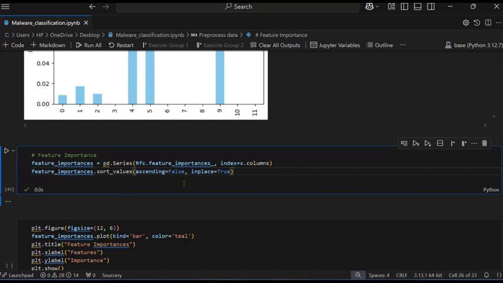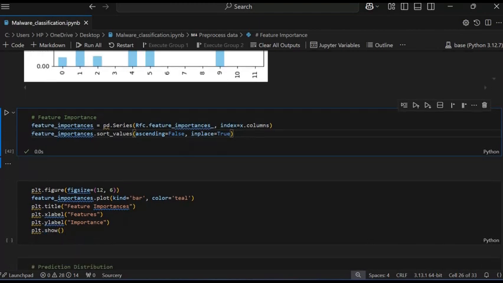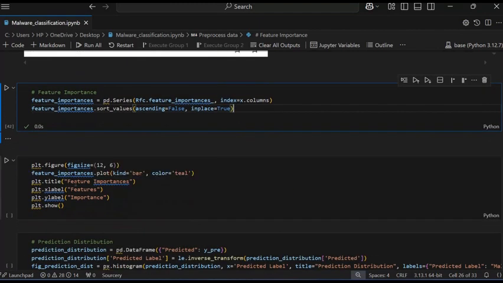By default it's true, that's why we give false. Then create the visualization. So plt.figure figsize 12,6 for feature importance, then plot where kind I'm using is bar plot, then give the title name feature importance, then x label feature, and y label importance.